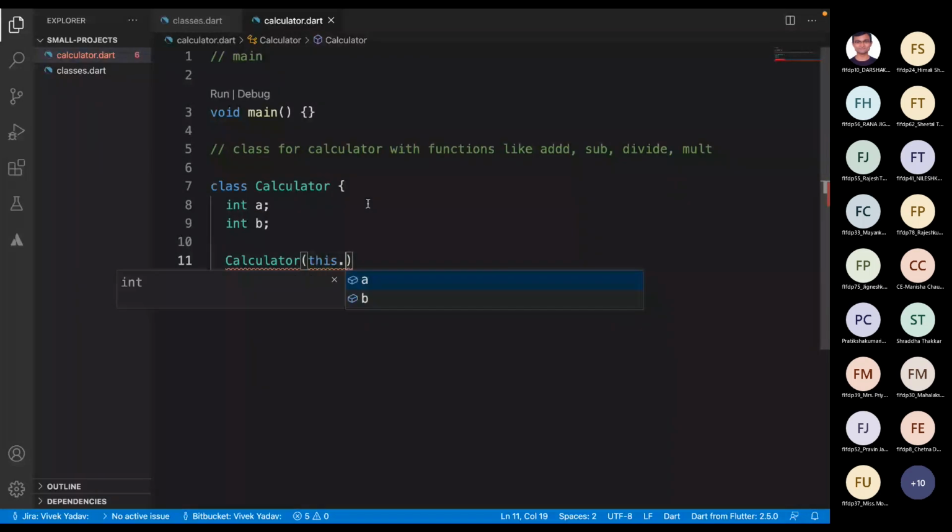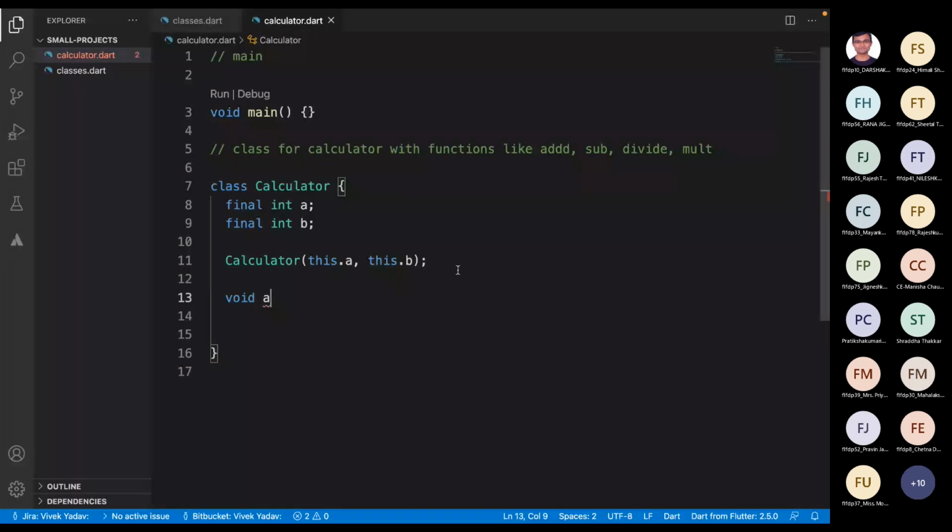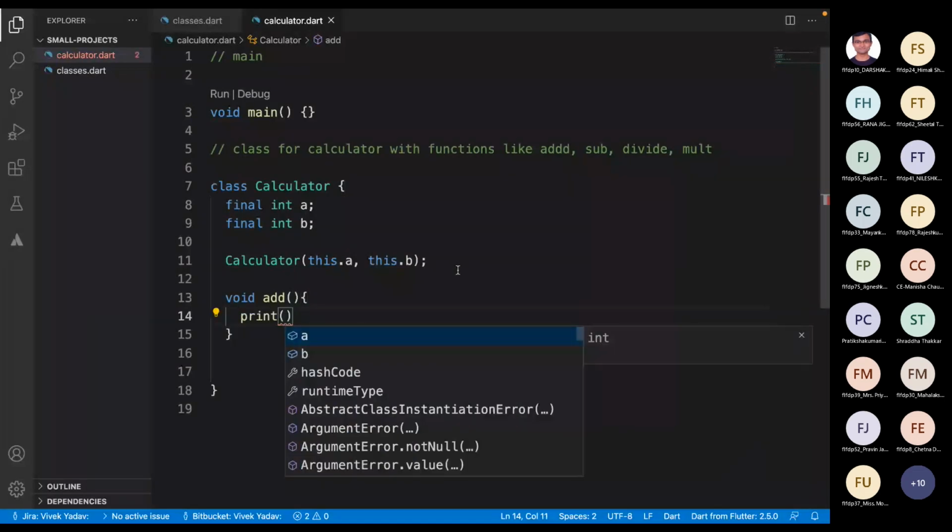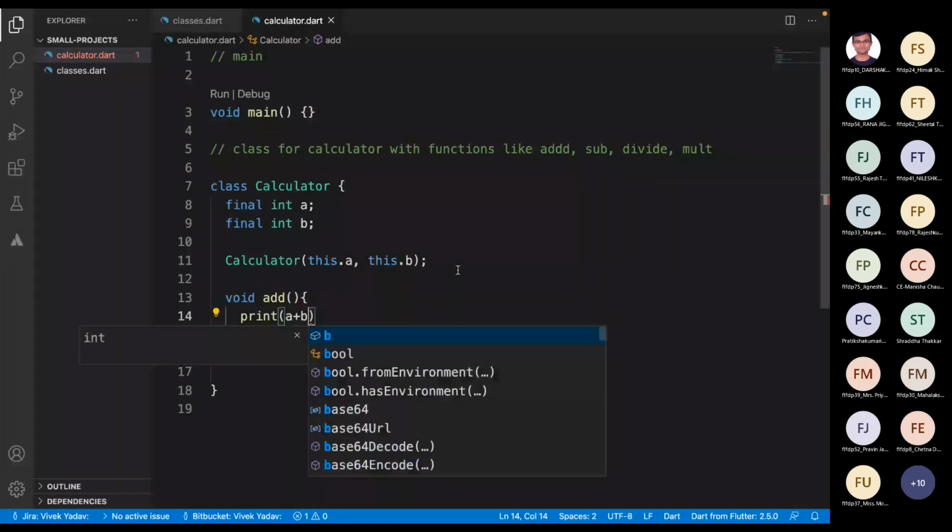Then I can have this.a, this.b. I will make them final because I don't want to change them. Then I will have some functions like void add. I don't want to return anything, I will just print everything here. So I will write print a plus b.